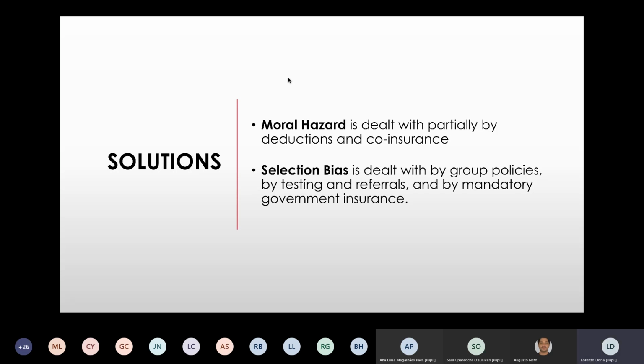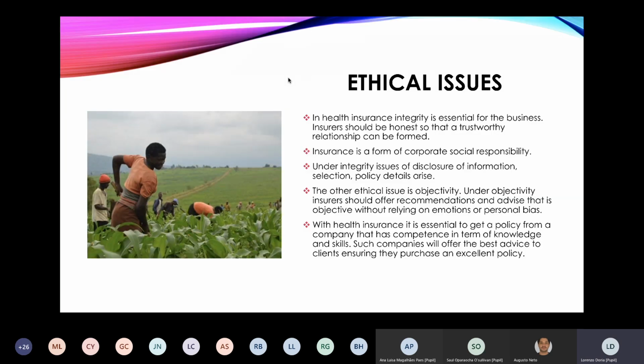And here is where the second layer of complexity comes in, because of ethical issues. So ethical issues arise. Basically, insurance practices can be seen as wrong, as insurance is fundamentally a form of social responsibility. So giving insurance should not be only about profits, but also to help and protect society as a whole. For example, it would be extremely unethical for an insurance company not to provide insurance for a person who is dying of cancer, only because they wouldn't be able to pay for the costs.